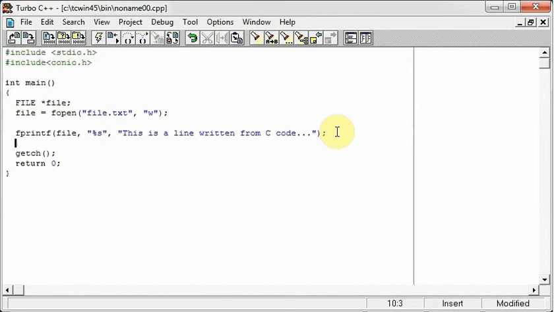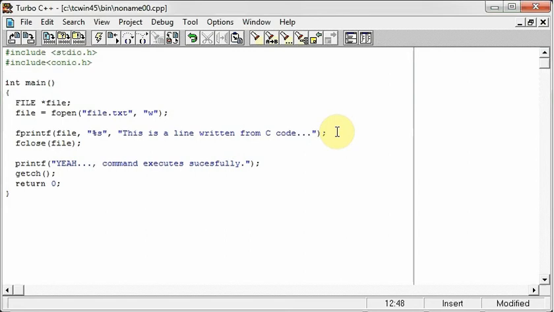Once we are done working with our file, we have to close it because we need to release all the resources. So we close our file, and once we have closed it, I will give a simple printf as a notification to tell us that we have done it successfully: Command executed successfully.